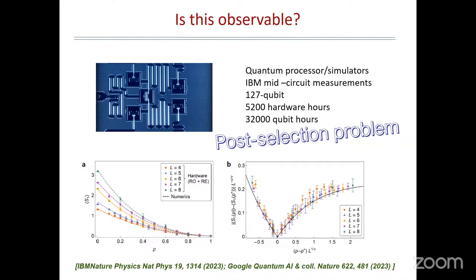The problem is that the state has been obtained by a stochastic process, which means the second time you run the experiment, nobody guarantees you will get that state. So you should run the experiment a certain number of times. And the question now comes, how many times will you run the experiment? Since you're measuring each qubit and you're measuring over time steps t, and each measurement can give you two possible outputs, you have 2 to the L times t possible samples of the system. So you run into an exponentially large number of experiments, and that's even worse with a phase transition. So you need to have a large system size.